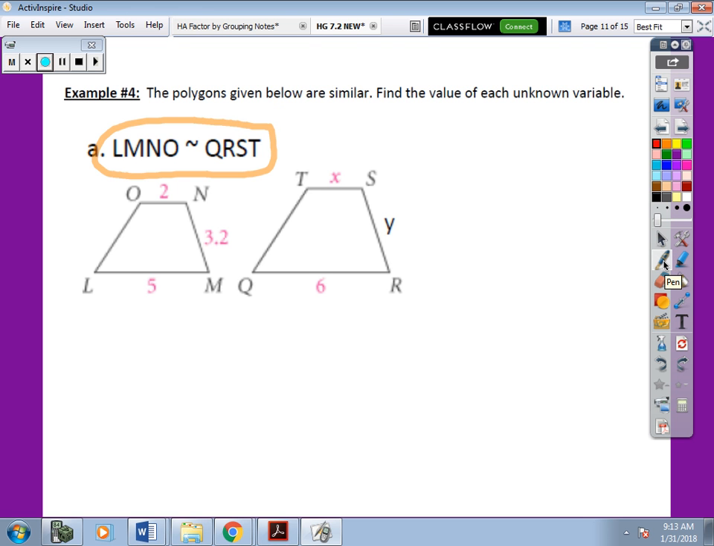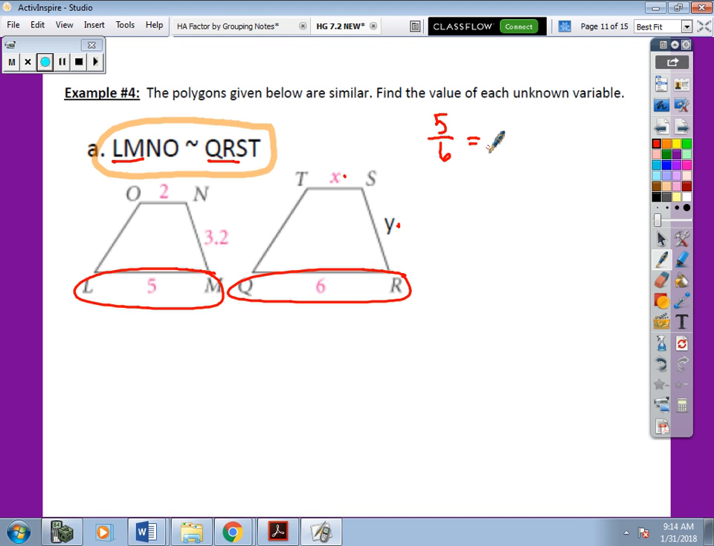So we're asked to find what x is and what y is. The first thing you want to do is find the pair of sides where you know both numbers between the two shapes. Notice LM and QR. LM and QR are corresponding parts, right? First two letters. And we know both of their numbers. That's going to be the ratio you want to start with. So start with that: 5 over 6